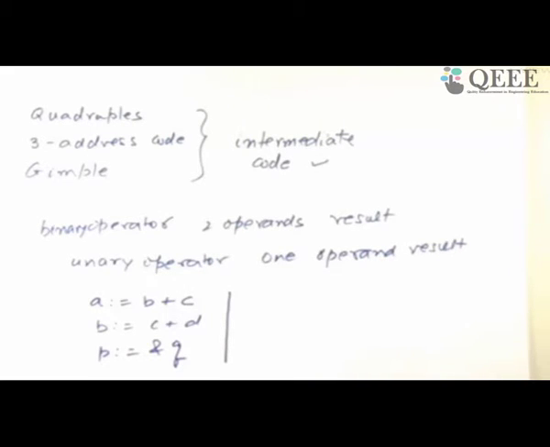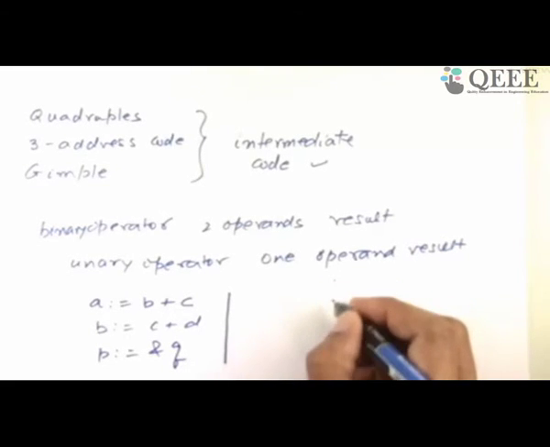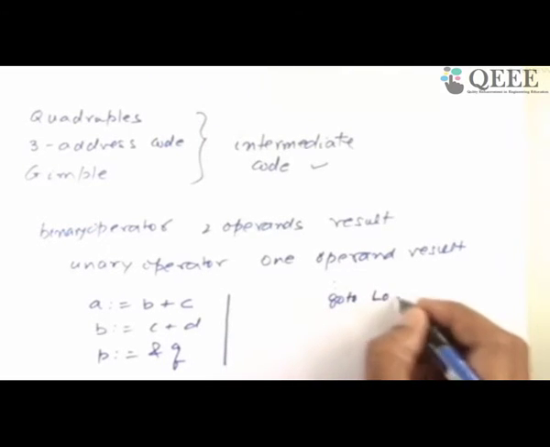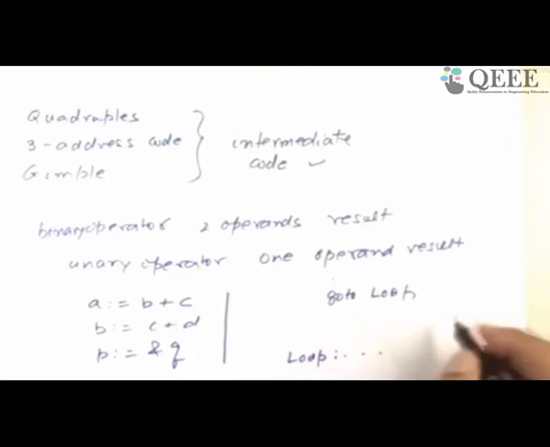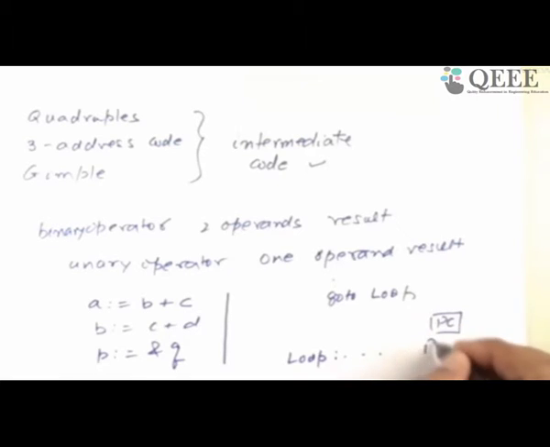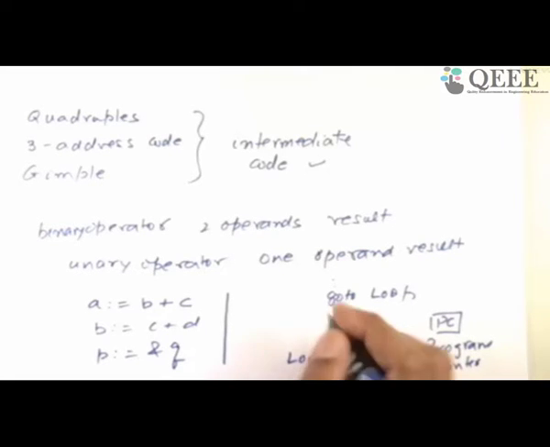Now, if you remember your machine instructions or assembly instructions, we often want to jump in the code. In the assembly we write go to loop, where loop is some address. In the machine code we have this program counter, right? I'm sure you know this. When the instruction is executing, the program counter points to the address of this instruction. Instructions are different length. If this is a 4-byte instruction, after it is executed, the PC moves by 4 bytes and points to the next instruction. So it's very important at the lower level that you must know the address of every instruction,